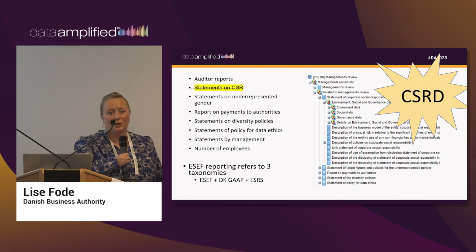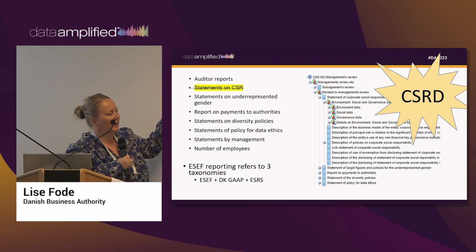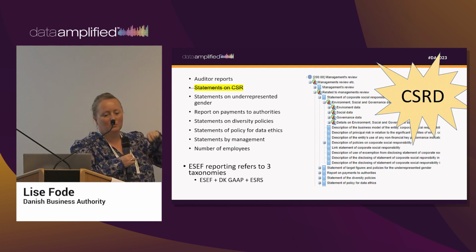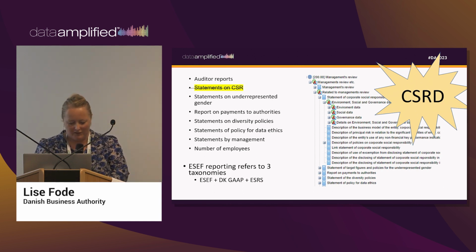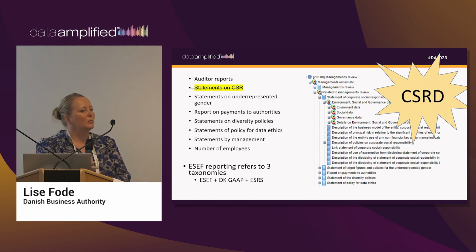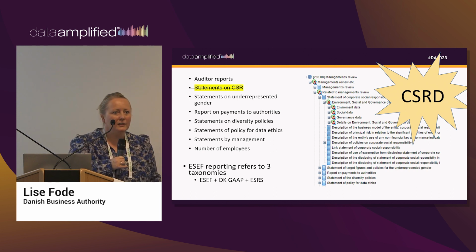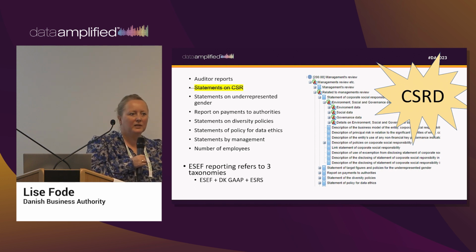If you're a non-listed company, you will also see a change, because then you have to use one of the 4 entry points mentioned earlier, but also combined with the CSRD taxonomy. So there will be a change. But at the moment, we don't see it as a big change, because the companies in Denmark are used to multiple taxonomy filing. So that will be quite interesting to see how this goes. But I think it will be an easy transition for them.